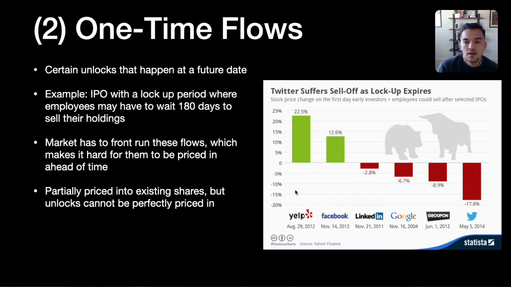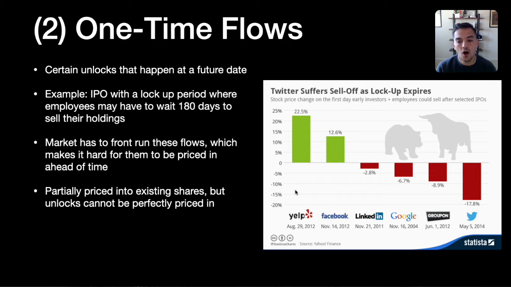But basically what often happens is that as these lockup periods begin to end, the market starts to price in what will happen after the lockup period. So the market has to front run these flows. As the lockup period is approaching, the market can either be trading in or out of these stocks. It makes it hard because the market actually has to go in and react ahead of time, and then also react after the lockup period ends. It makes it really hard for all of this information to be priced in ahead of the unlock, if that makes sense.